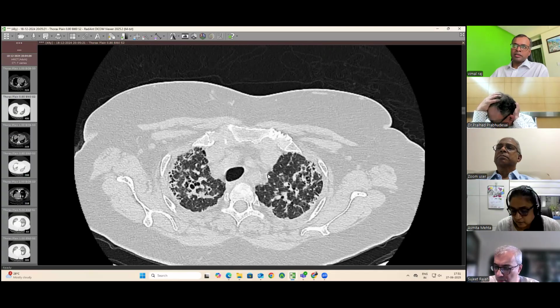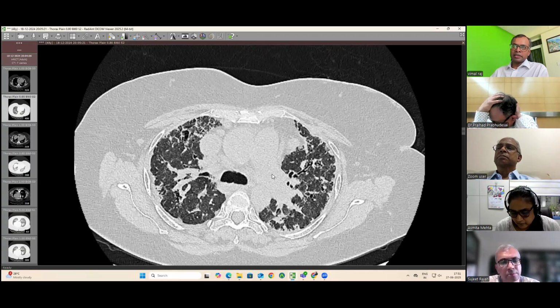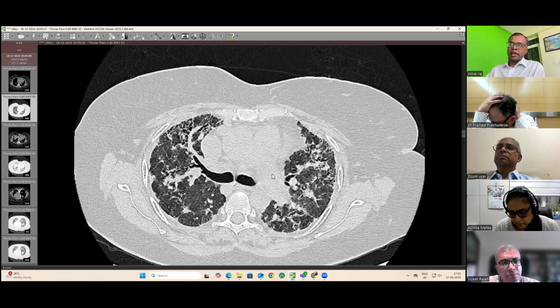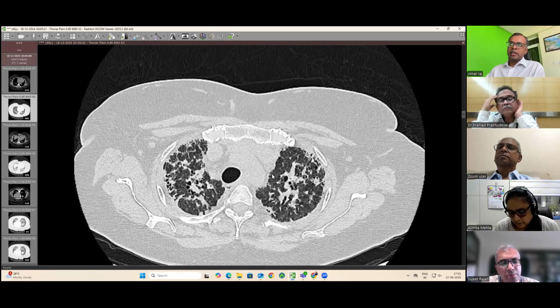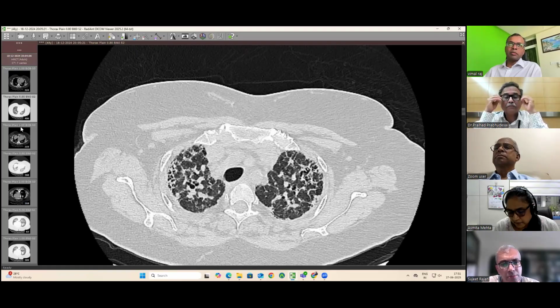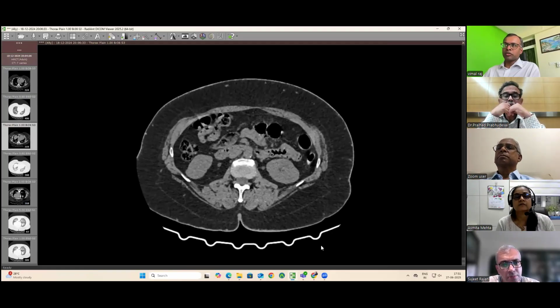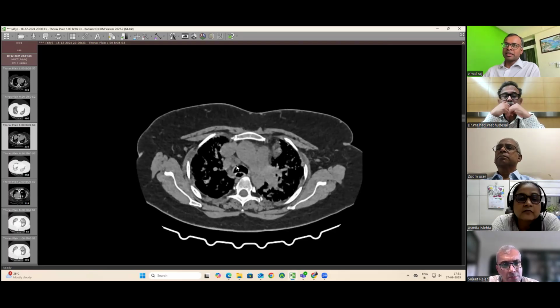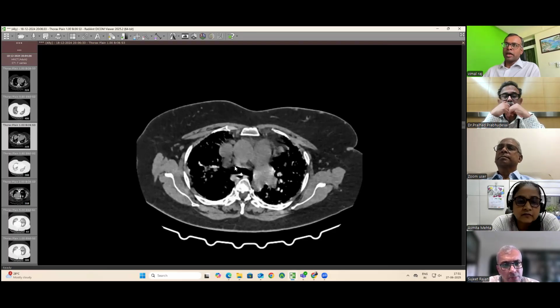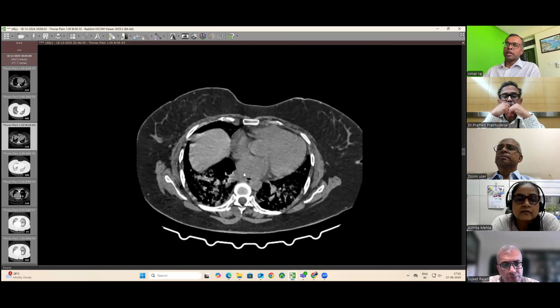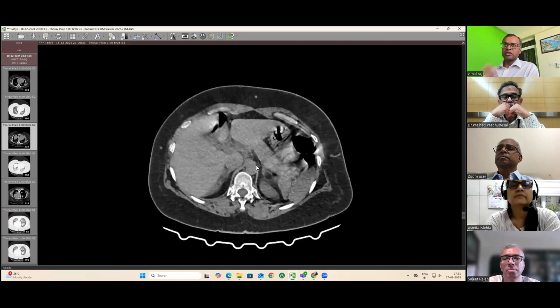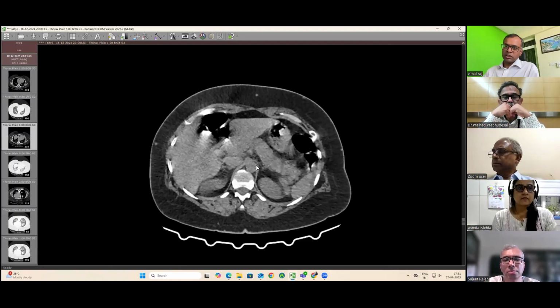To me, the first thing I would consider is sarcoid in this. The second one would be hypersensitivity pneumonitis. I'm not able to tell much about the lymph nodes because of the breathing, but in here you can see some lymph nodes are there, not too chunky, but those would be my two top differential diagnoses. And between the two scans, not much of a difference.